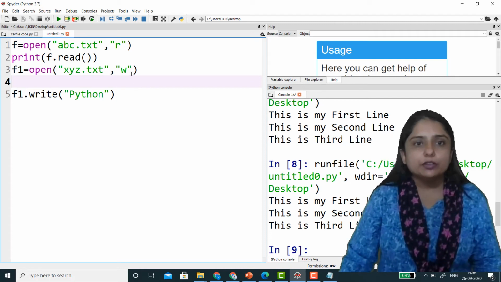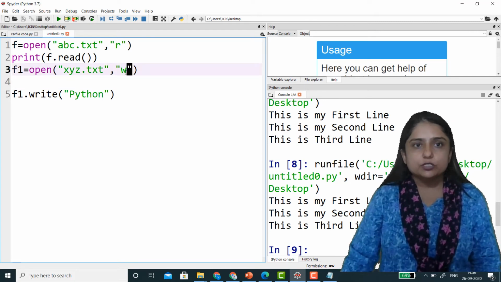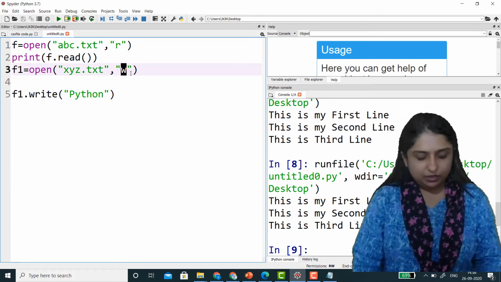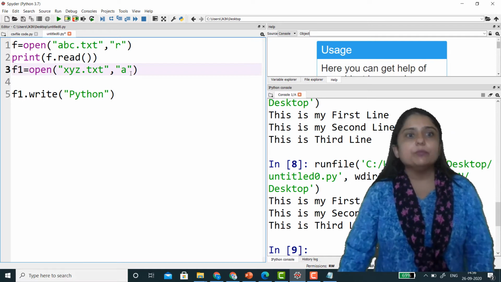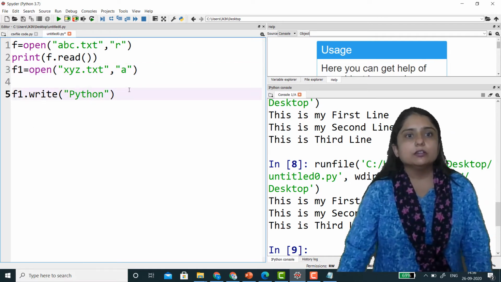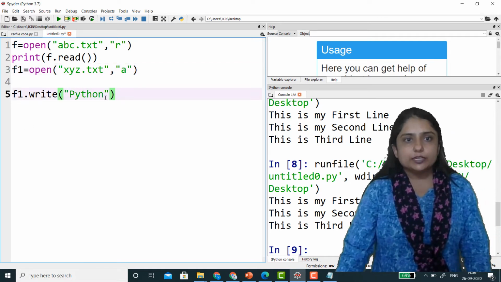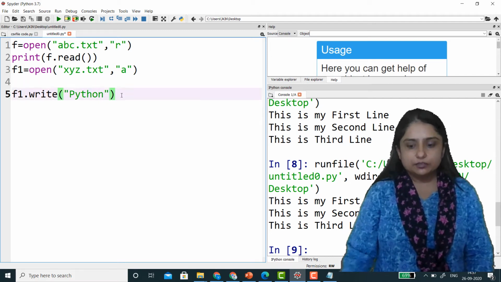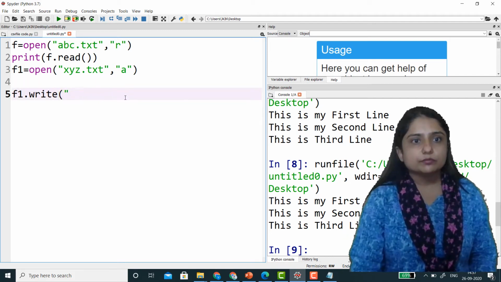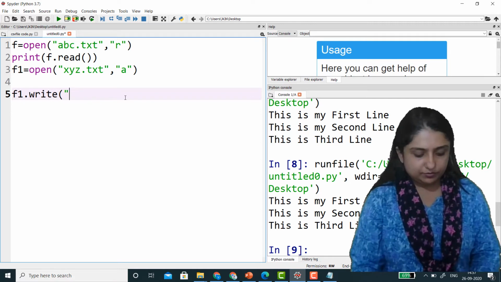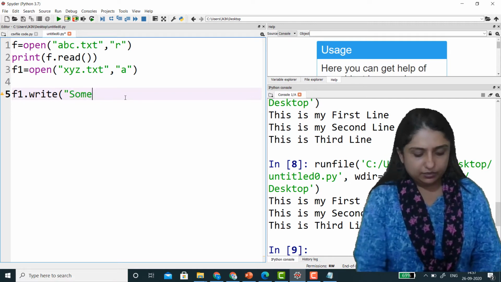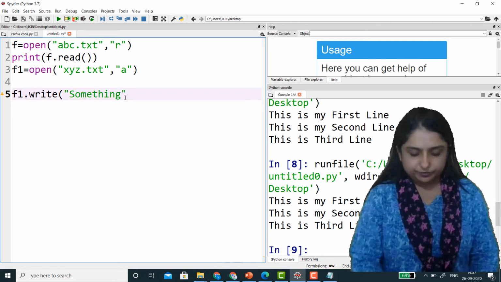For example, here instead of w, if I use a mode, that is append mode, and here I'm writing something.